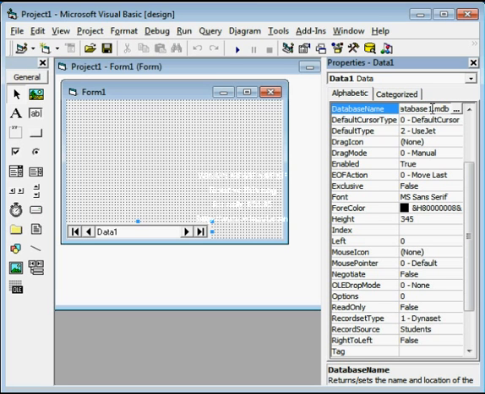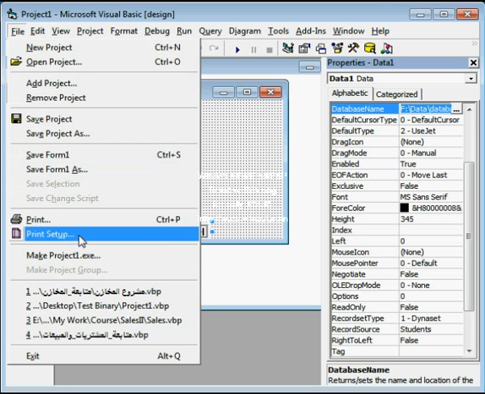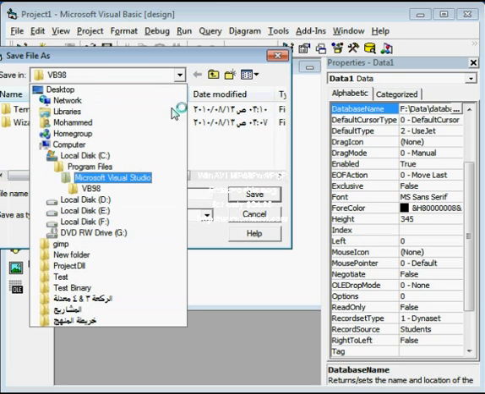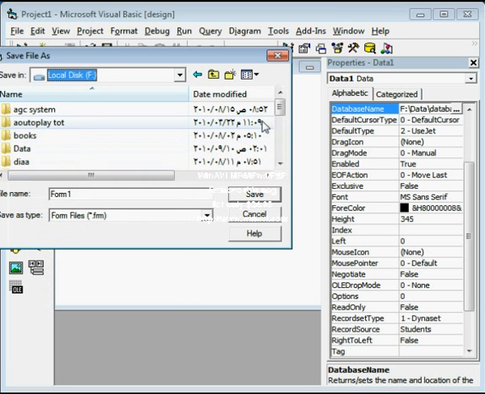What if, just imagine with me, that the program you created and the path is like this. When you move your program or your application to another machine, it will never work unless the database is in the same position and the same path on the other machine. So we have a solution for that: save the project in the same folder with the database, like this,